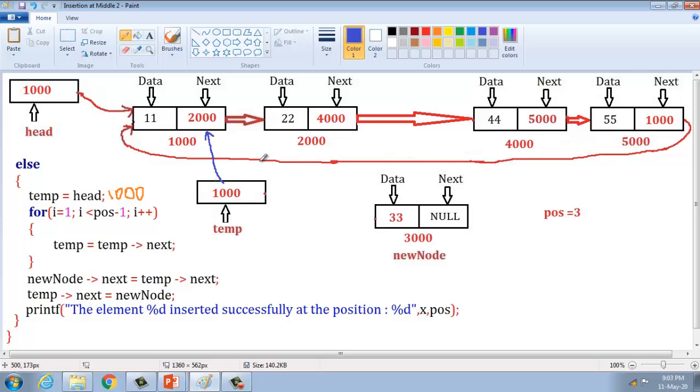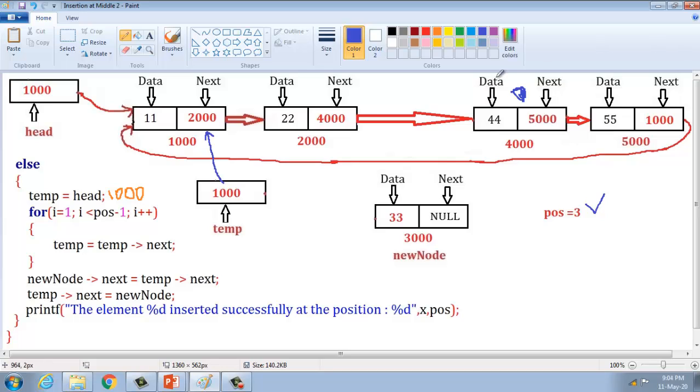The scenario to remember is that we give the exact position where we have to insert. As I already explained, position equal to 3. The specified position is the third position. This position is my target. How can I insert at the exact position?